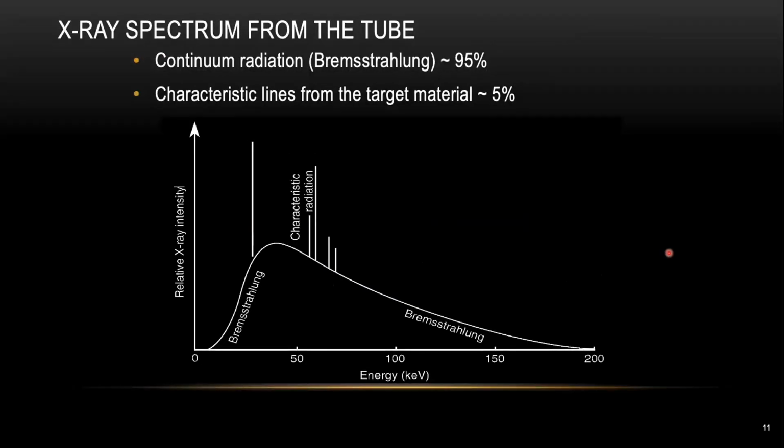And that's the X-ray spectrum emitted from your X-ray gun. The graph down here shows intensity versus energy. Almost 90% of the X-rays coming out of the X-ray tube is just Bremsstrahlung, which some people call dark radiation, so it's not very useful. Only about 5% is characteristic radiation from your target material. When we do micro CT imaging, we try to adjust the parameters and manipulate this spectrum to get a nice spectrum that's suitable for the material you're imaging.